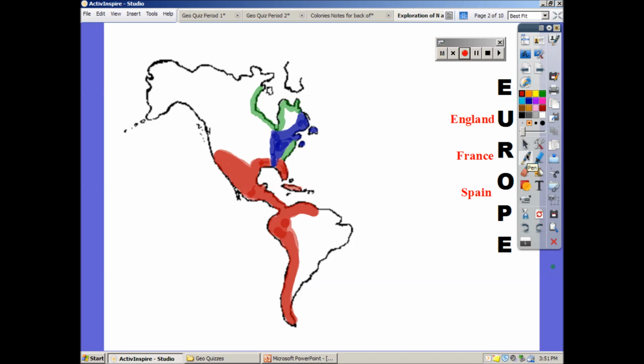So again, pretty obvious, the Spanish were first. Remember, Columbus says, well, I'm in the Indies. I'm off the coast of Indonesia. I'm near India. And he calls them all Indians, but in reality, no, he's not. But he doesn't realize that at first. So over time, from 1492, when Columbus establishes a settlement in what we call the West Indies today, the Caribbean islands, the Spanish are going to occupy all the territory you see in red. Obviously, it takes them roughly 50 to 70 years before they're occupying most of that territory.